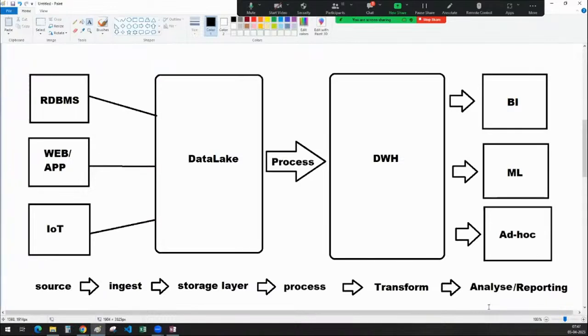In a data life cycle, from the source to finally reporting, that is where your destination is, right? You are going to create some dashboards, or you have a table on which you can directly do the analysis, or you ingest the data and finally store it in a storage layer. Storing, data storing. Okay.